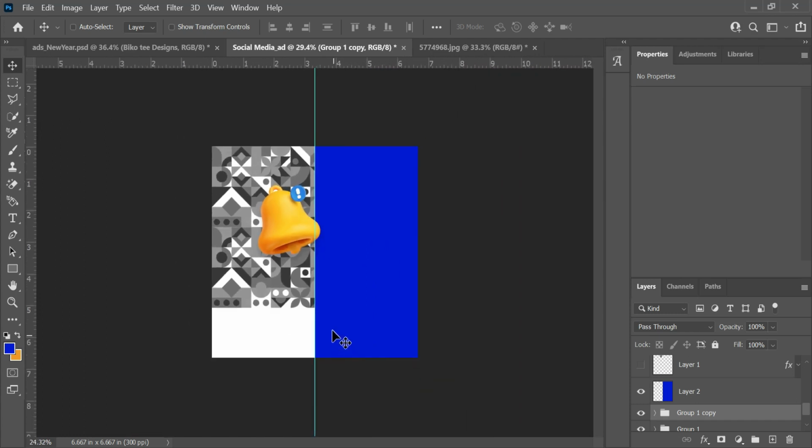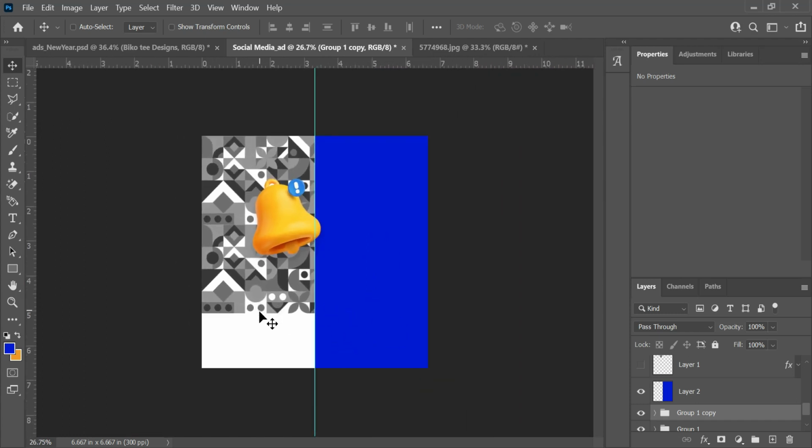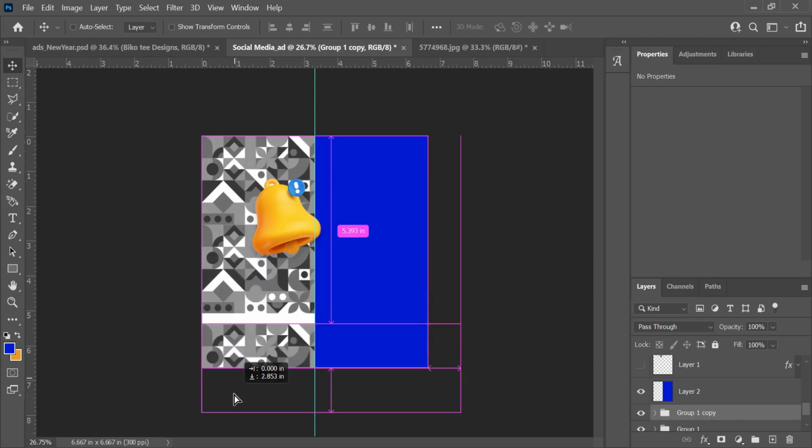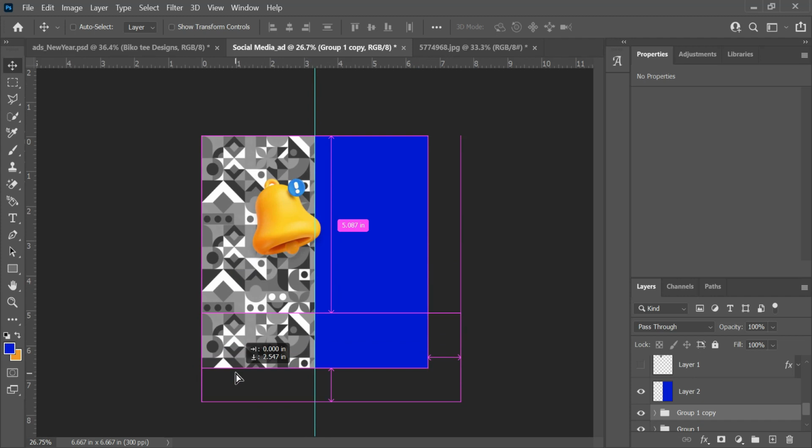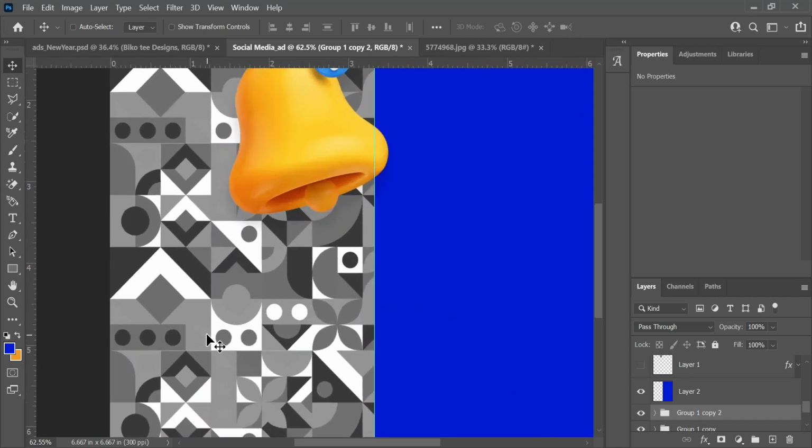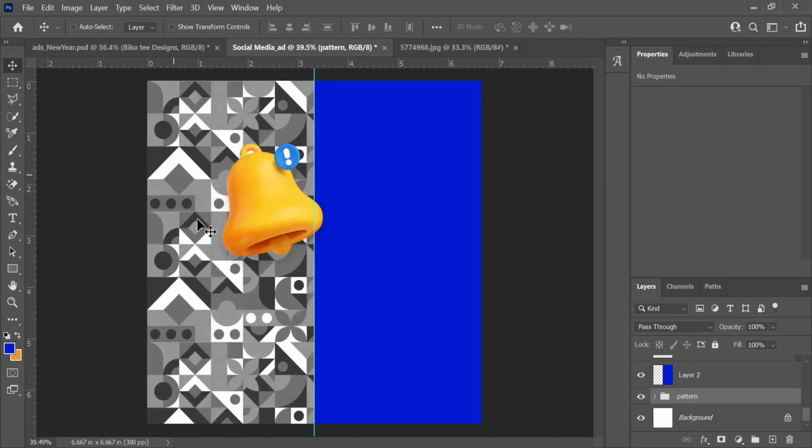So you have it like this. Then you need it one more time to cover up this space. So I'm going to hold my Alt again, and I'm just going to drag. That's perfect. So what I just did here is to group everything together in one group, and I renamed it